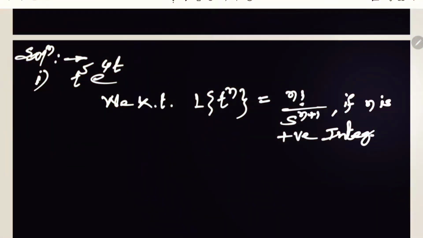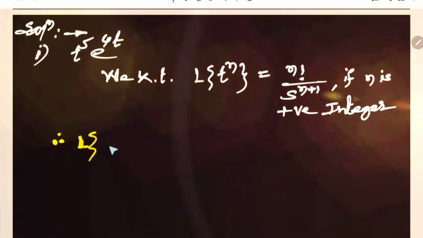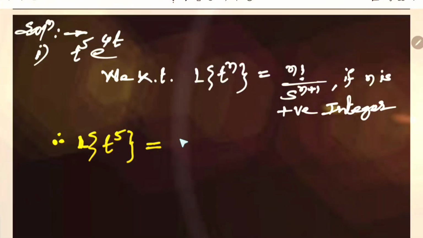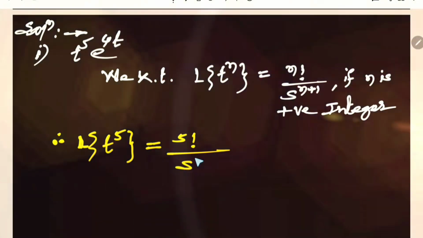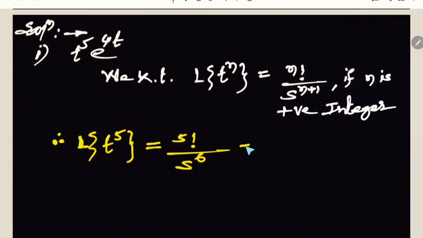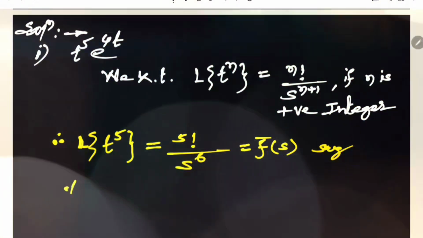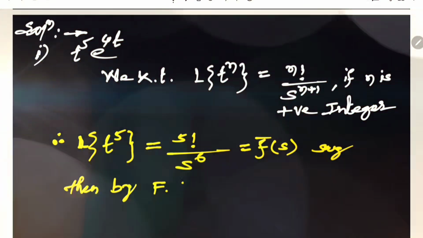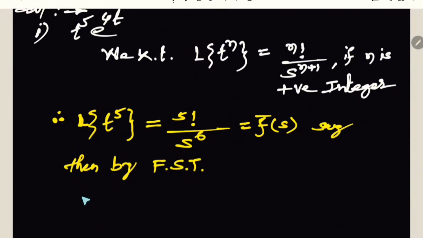Therefore, using this standard result, we find Laplace of t raised to 5 as 5 factorial divided by s raised to 5 plus 1, means 6. And we call this f bar of s. F bar of s means the Laplace transform of that function. Then, by FST, first shifting theorem, we get the Laplace of